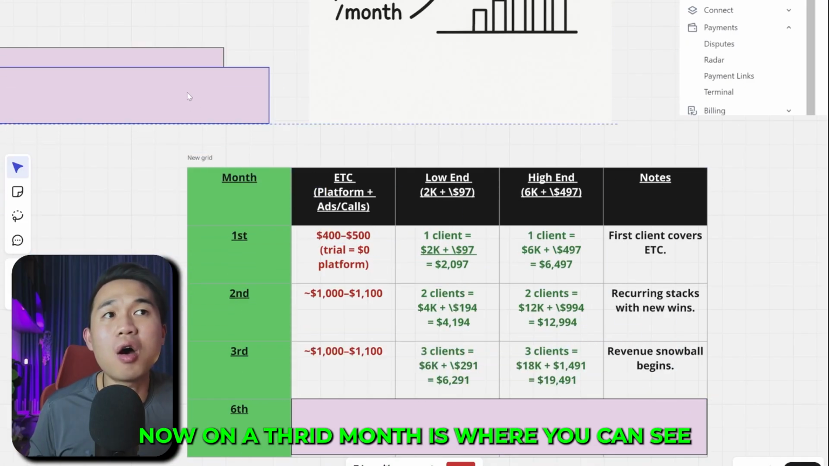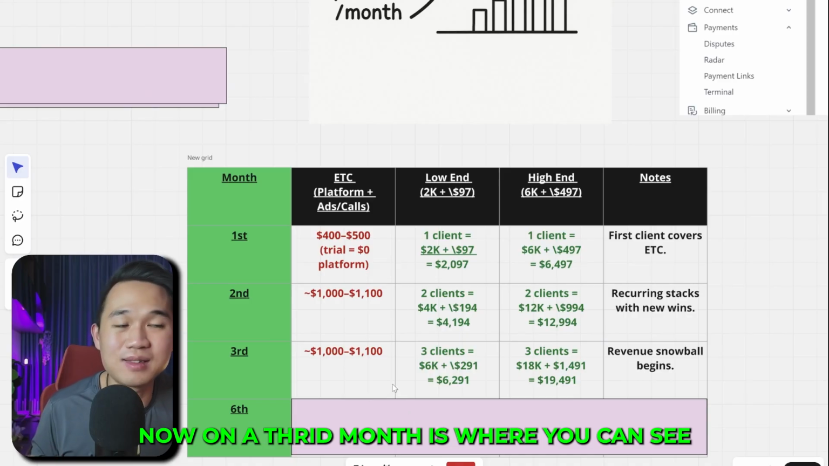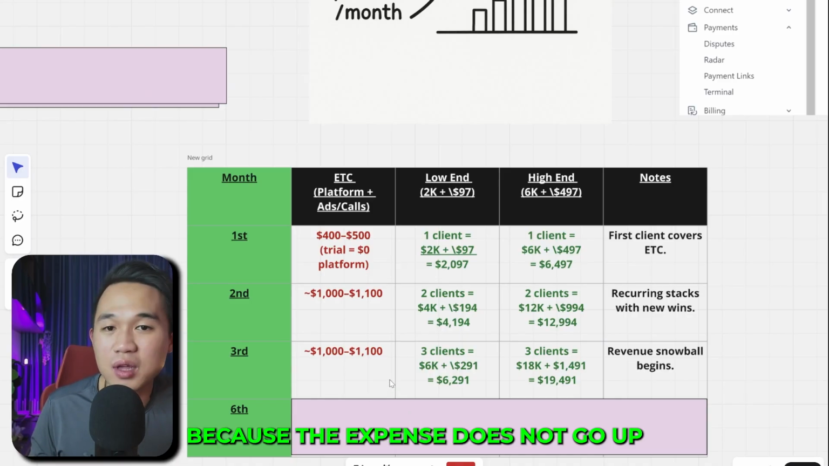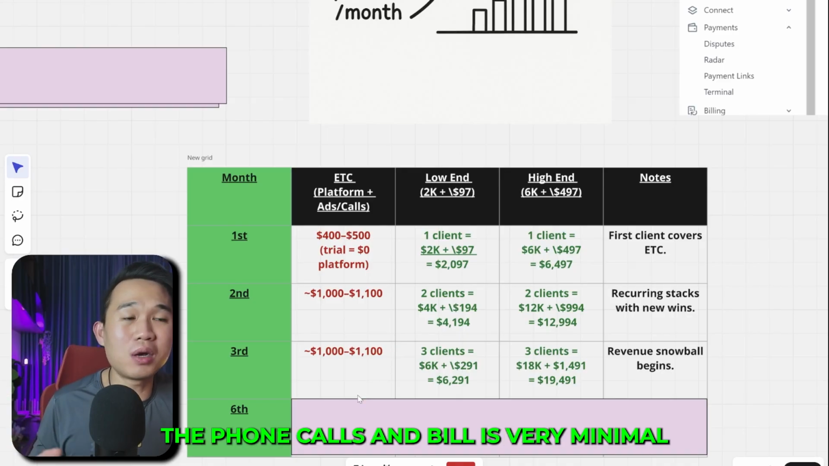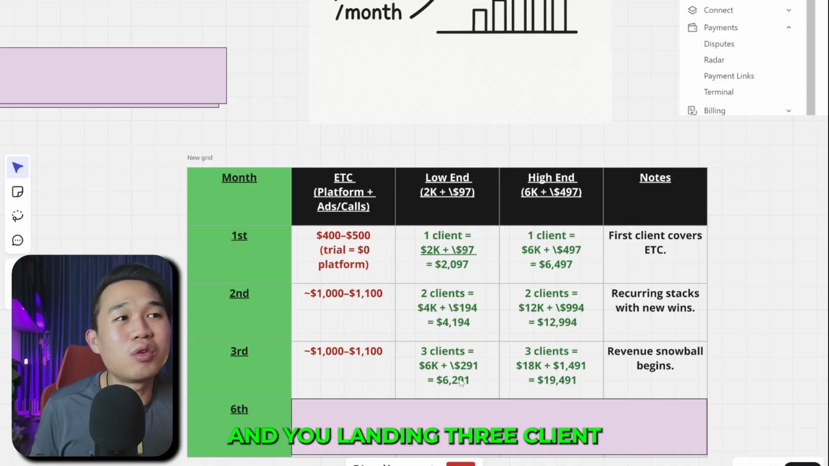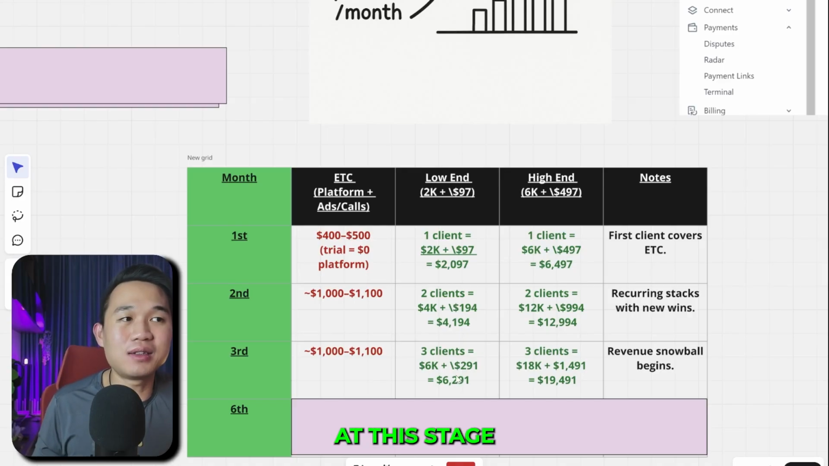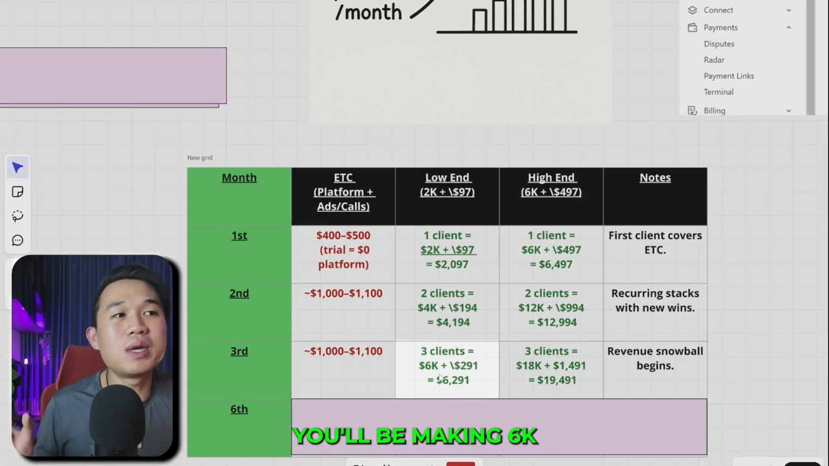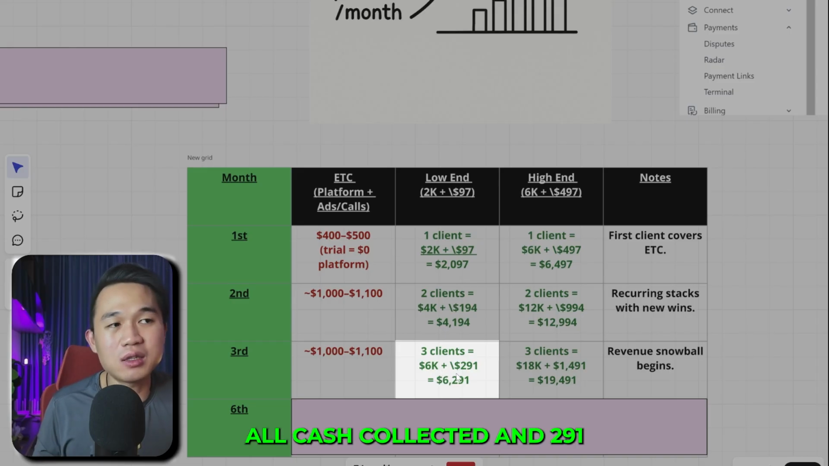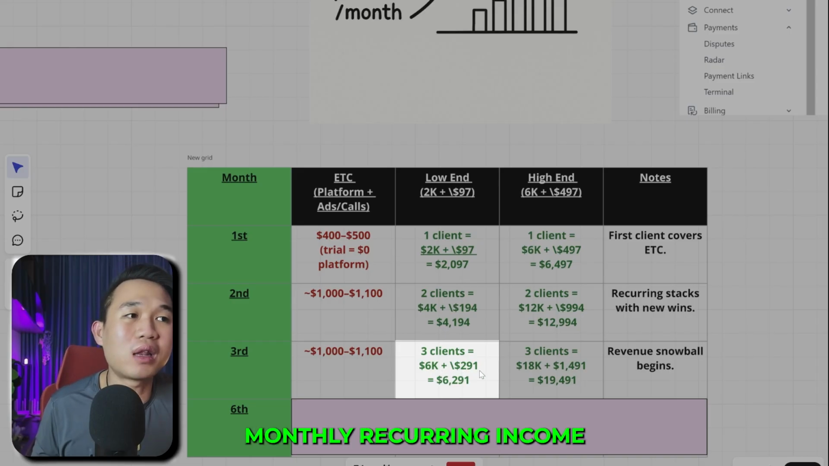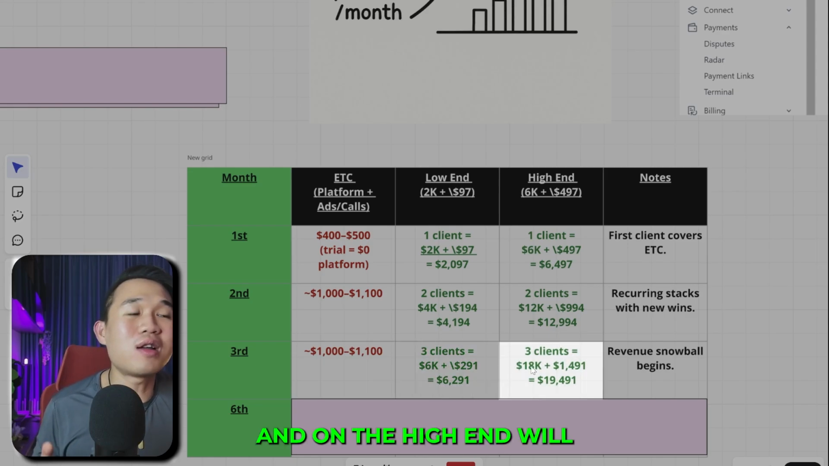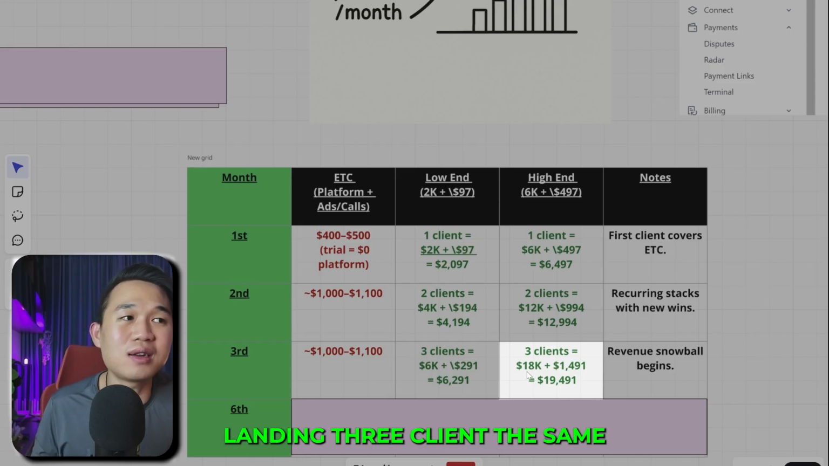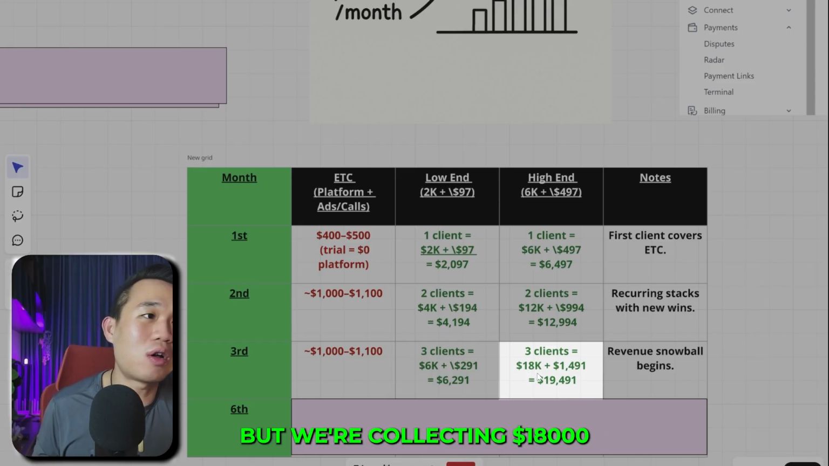Okay, now on the third month is where you can see the trends, because the expense does not go up. The platform fee will still stay consistent. The phone calls and bill is very minimal, and you're landing 3 clients at this stage. Even on the low end side, you'll be making 6K of cash collected and $291 monthly recurring income. So in total, that's $6,291. And on the high end, we're landing 3 clients the same, but we're collecting $18,000 and